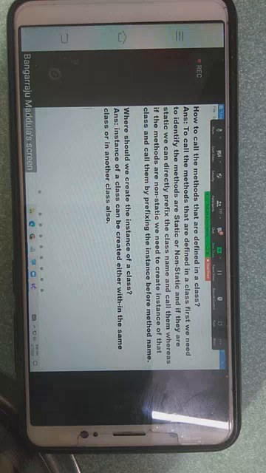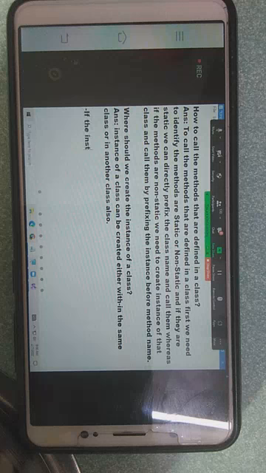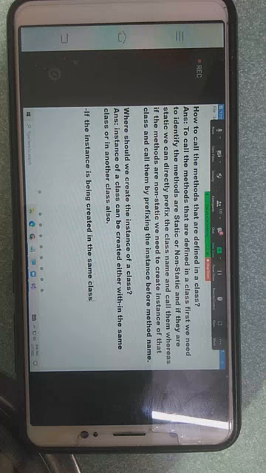Okay? Fine. I'll show you both options. First let us see the same class. Afterwards I'll show you another class. First we'll start with the same class. Now see, if the instance is being created in the same class,